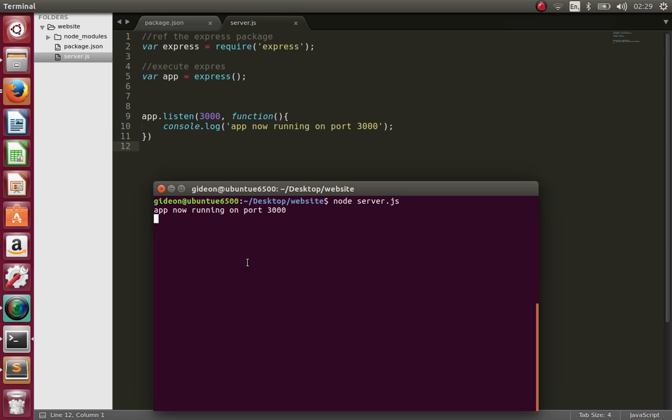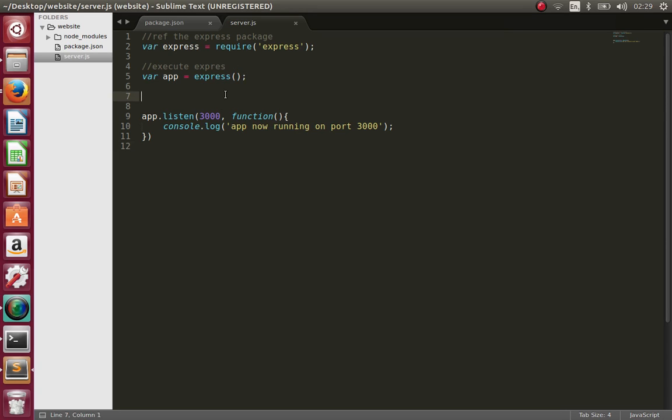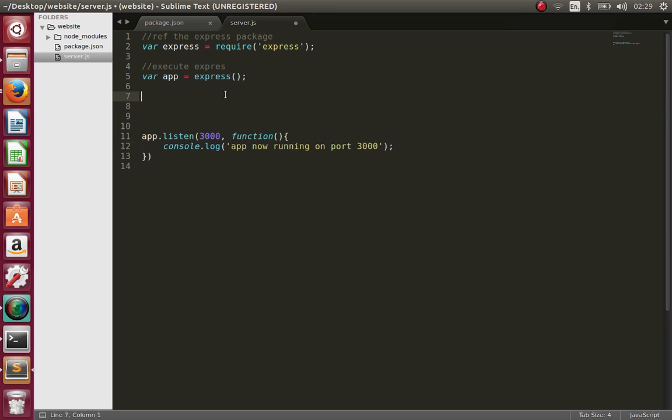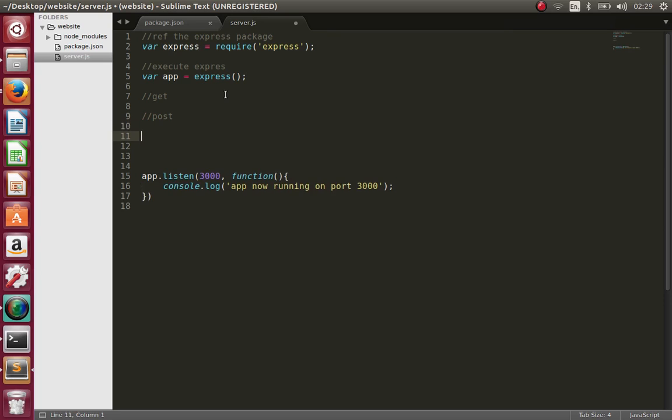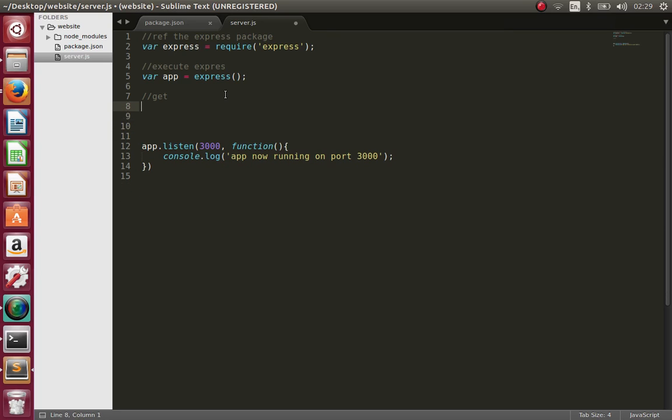So I'm going to shut this down and go back in here. The way that you handle requests with Express, if you're familiar with HTTP verbs, we have HTTP GET, we have HTTP POST, and so on and so forth. I'm going to do something really simple, since I just want to have a very simple web server. So I'll say app.get, and if you go to the root site, which was not available previously,